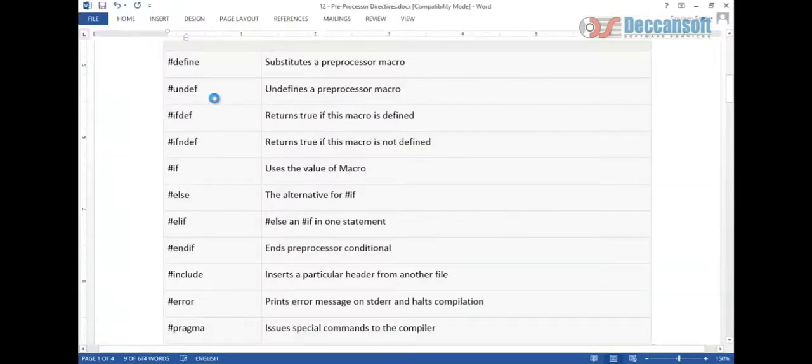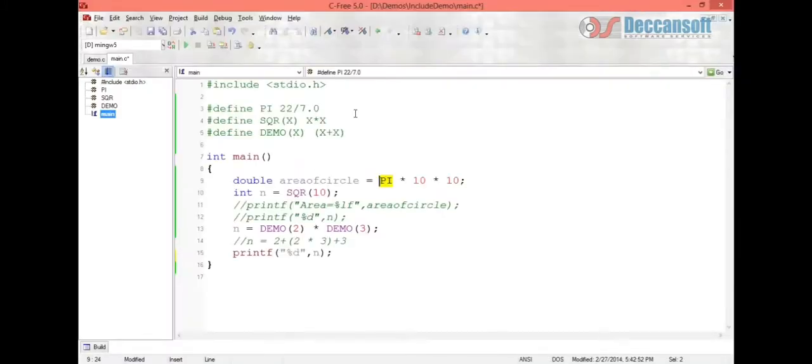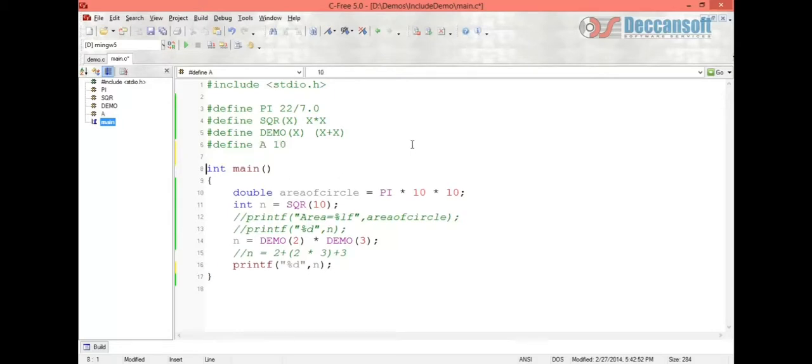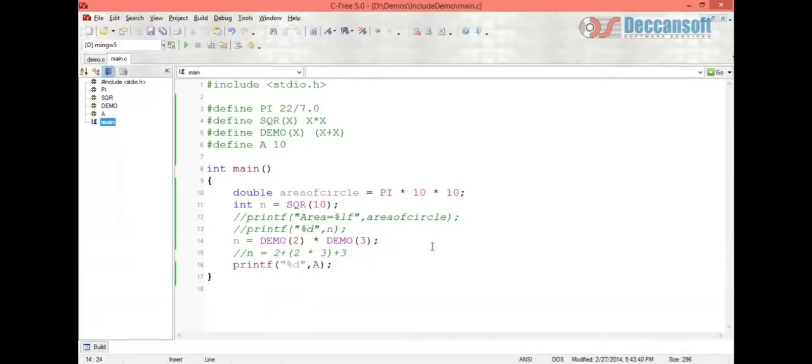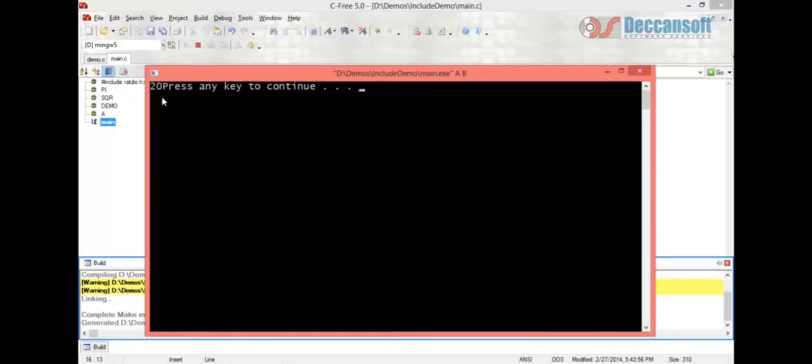Now let's see how the conditional compilation function works. Let's see how #undef works. If we want to print something, like #define a, print a. Okay, let's take some macros: #define a equal to 10. Then let's say print %d a, so we get directly 10. But if we want to not print that, what do we have to do? We have to #define a 20. If we replace it there with a 20, we will get 20 directly.